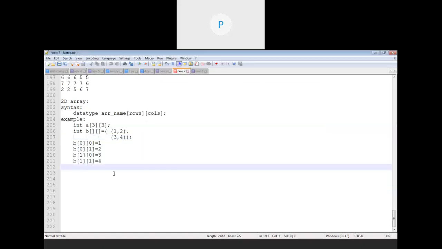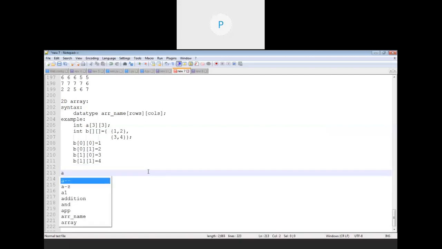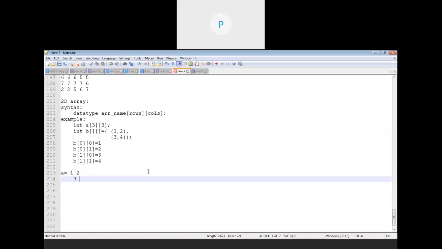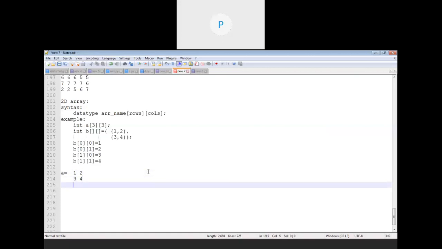So another example is, what if you wanted to print the transpose of a given matrix, then how will it be printed? Now, let's say my matrix is A, within which I have stored 1, 2, and 3, 4. Then the transpose of this matrix, A transpose, suppose I take it as B, is taken by interchanging the rows and columns. Means the first row will become the first column and the second row will become the second column.